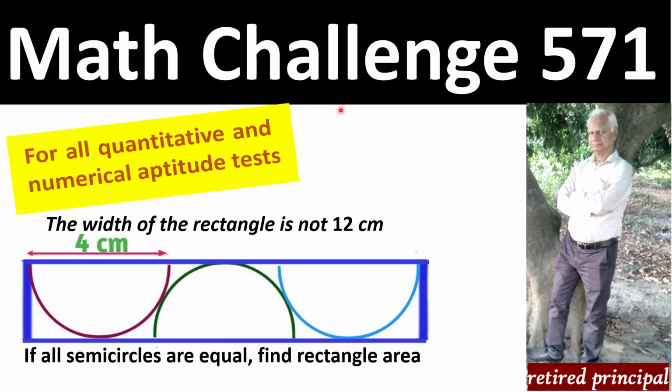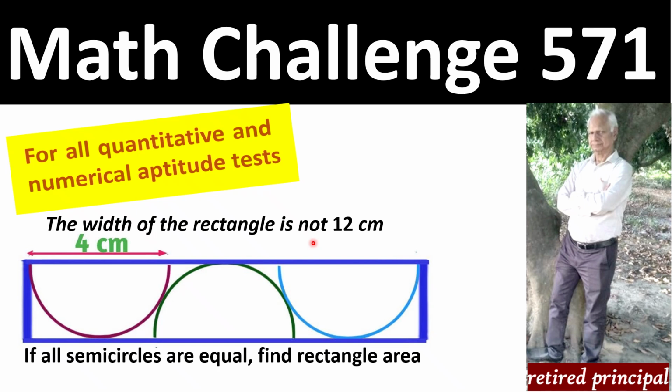In Math Challenge 571, we have a rectangle and three semicircles, all equal in size. Three equal semicircles inside a rectangle, and the diameter of each semicircle is 4 centimeters. We have to find the area of the rectangle, and the width